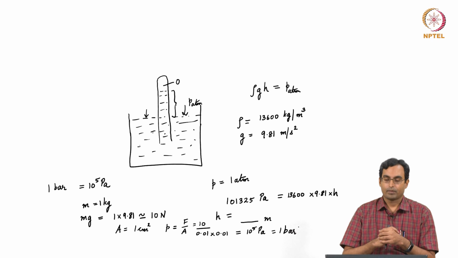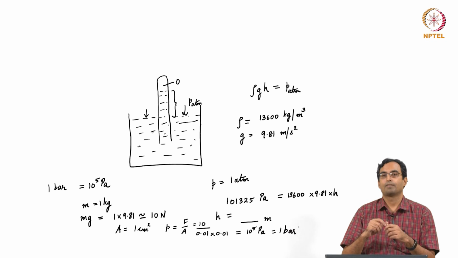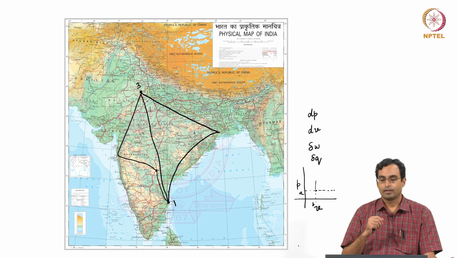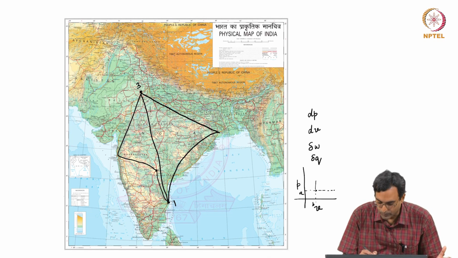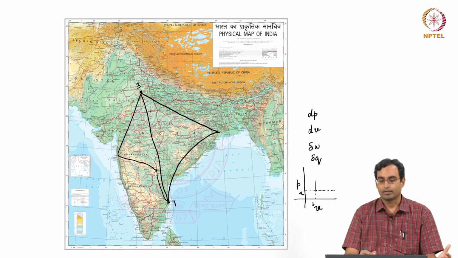So, just to recap, what we have looked at today is exact and inexact differentials. We see that exact differentials represent properties, they are state functions, you can locate them on maps. If you want to know the difference in anything between a state function, you can just subtract them out. So, for example, if I want to know the difference in height, so Chennai is at sea level. If I was to go to like say Bangalore, which is several hundreds of meters above sea level,